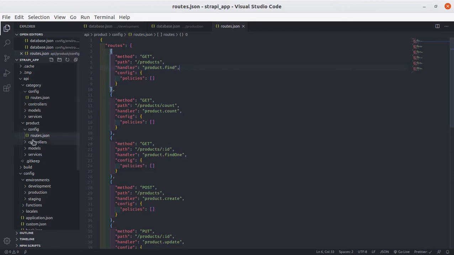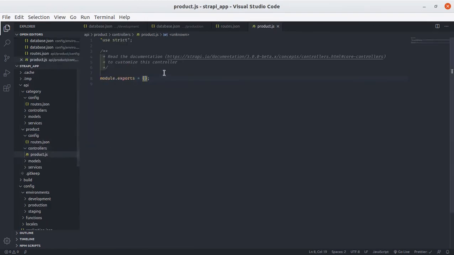If we go to controllers, you can see it's completely empty here, but you can basically override certain methods, and there is even a link here you can follow to customize your controllers.